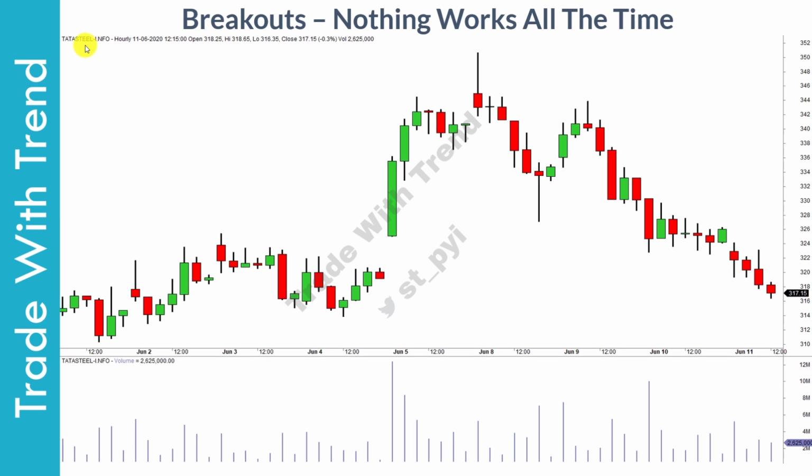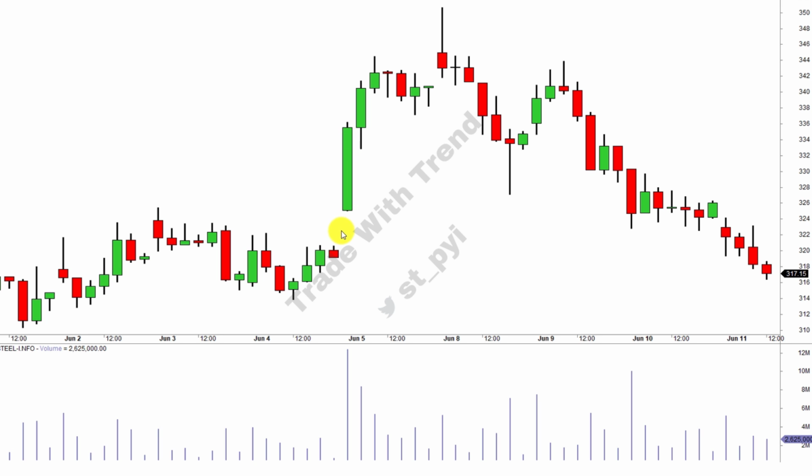So if you look at this chart of Tata Steel, this is a breakout candle again with a gap. This is a bullish structure above this resistance region here. Also take a look at volume. It is clearly greater than the recent volume that you see on the chart. But look what happened. After some follow through on the upside, price clearly started rolling down.